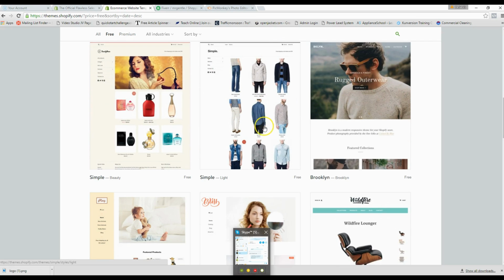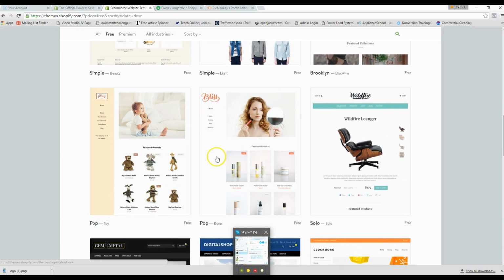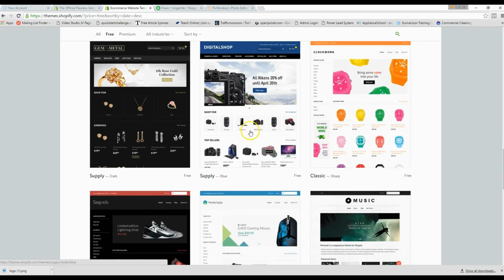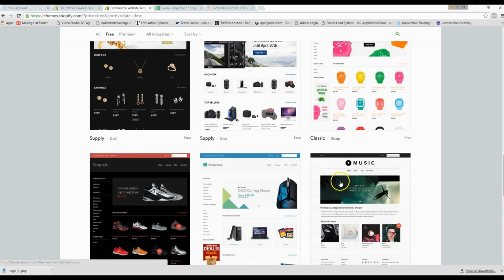Okay, so I'm scrolling down looking for clean as well. Bliss looks clean. I like this a lot. Love the way that layout looks. Wildlife looks pretty clean over here, and this is called Solo, and this one's called Pop. But Bliss, the logo is the text Bliss. Okay, so you're just basically taking notes, looking for a theme that you can see your vision on. And I see the lips in my logo on several of these themes. Okay, so going back up,